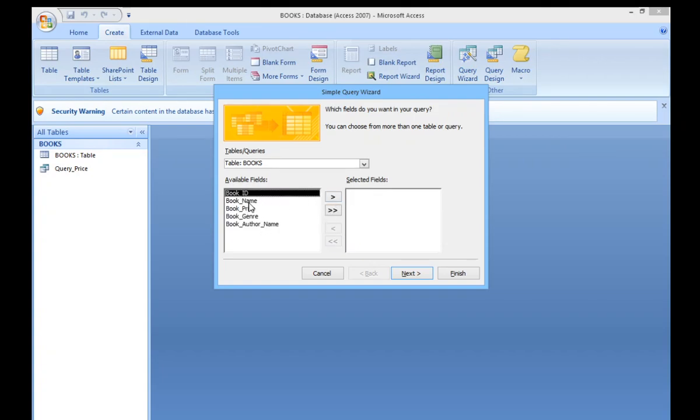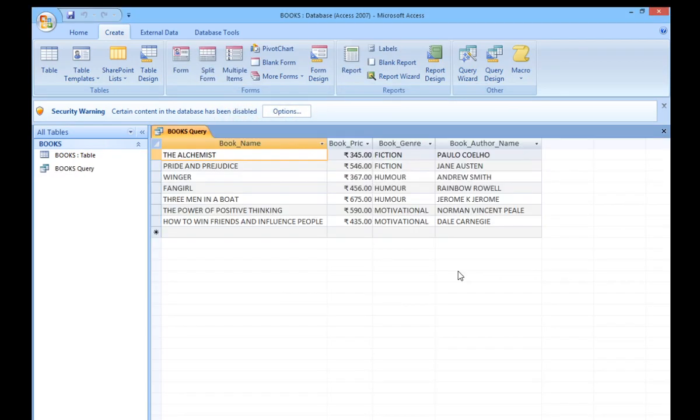Now I want only the fields with book name, book price and book genre. If you want, you can add the author name also. You can either go to next and go for other options, otherwise you can finish your query.